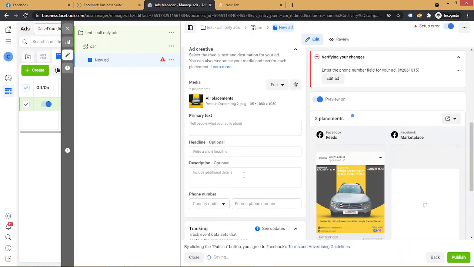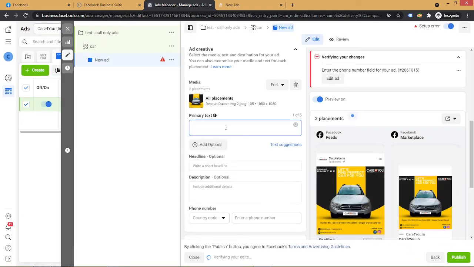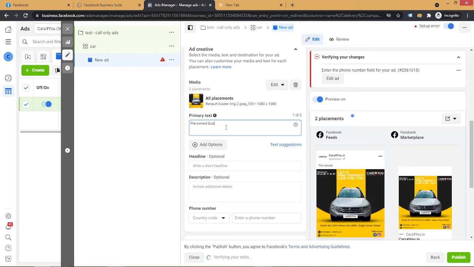I'm going to use this one, and here I will enter my primary text. My primary text would be: pre-owned Duster car is available for sale in Delhi.